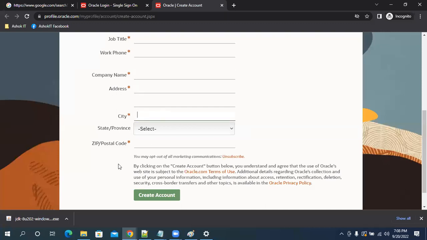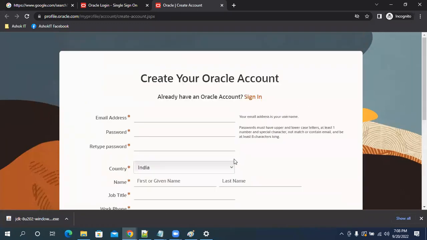You can enter some dummy data and click on create account. Once your account is created, you can log in with your credentials. Once you log in to Oracle, the Java software will be downloaded.